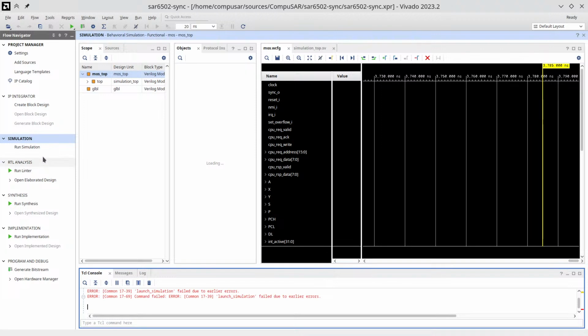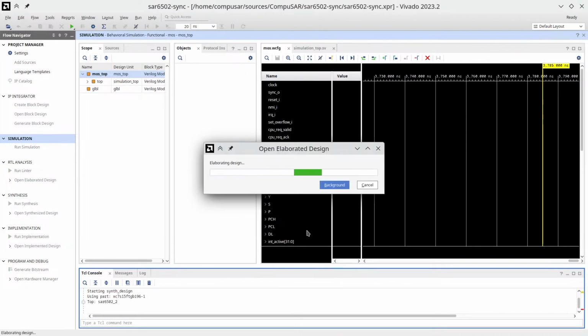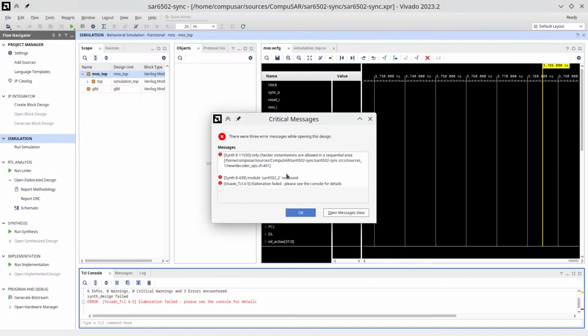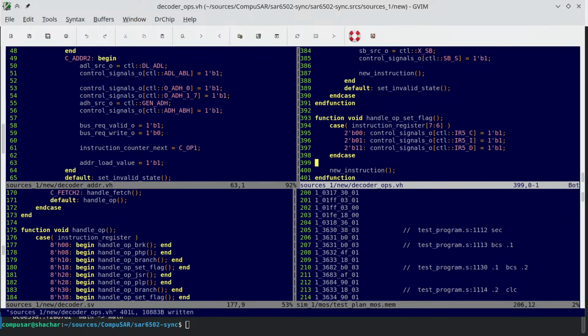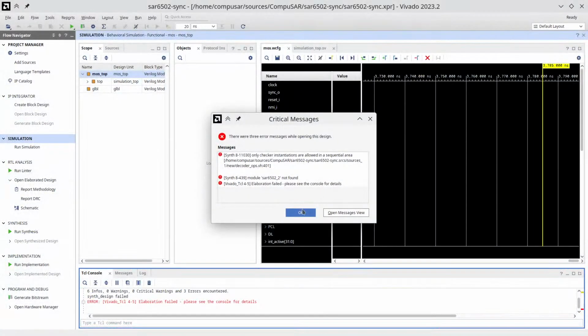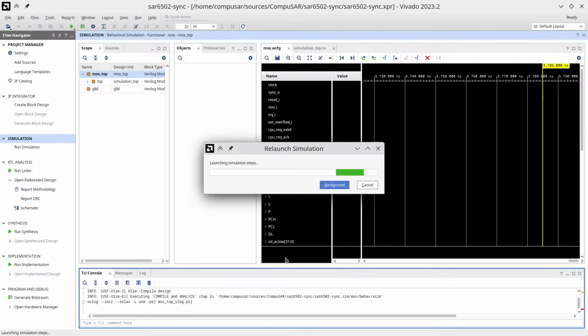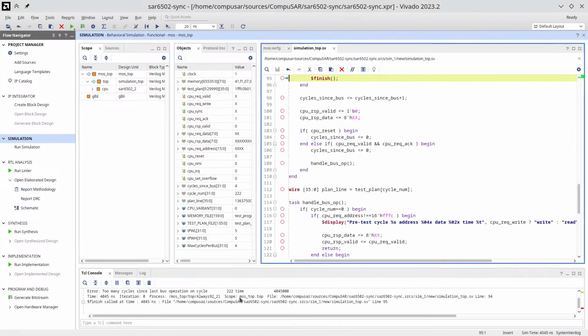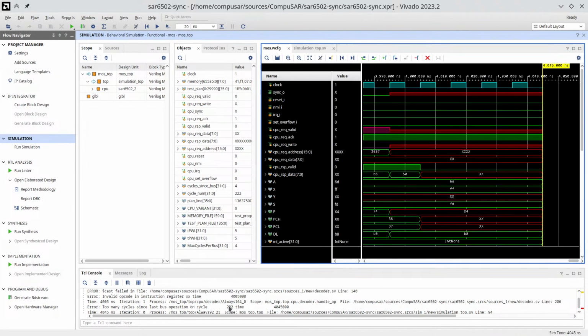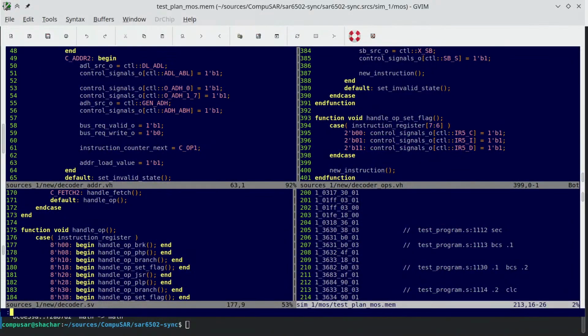I did something wrong, so let's elaborate, which will give us a better error message. Line 401. Right. And we're up to line 222. Which means into the clear overflow. Now,